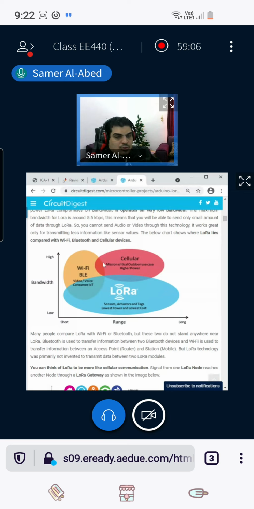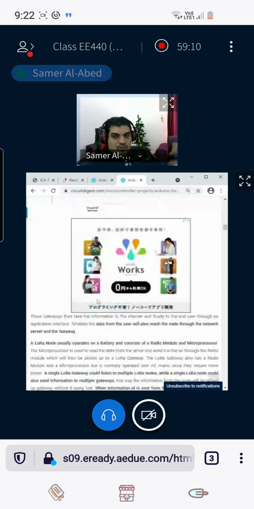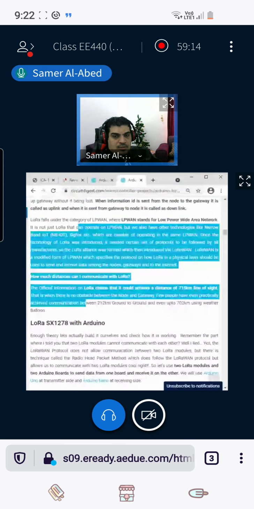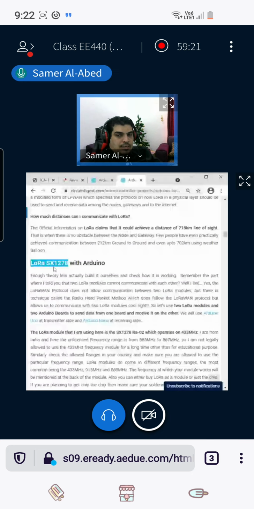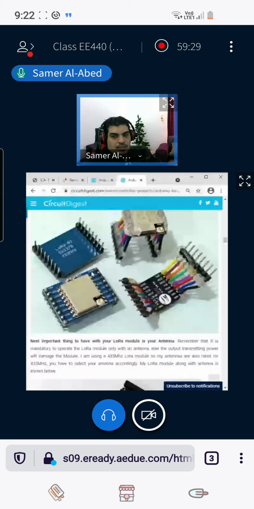You need to select two solutions, and here it's written about these solutions, everything regarding these two solutions. Here, about the LoRa module, it's SX1278.